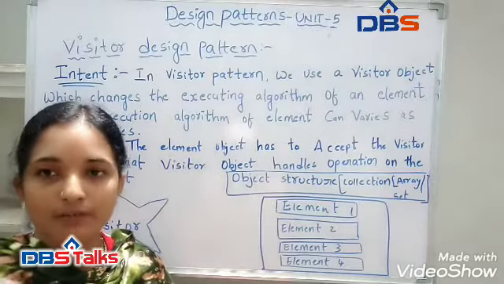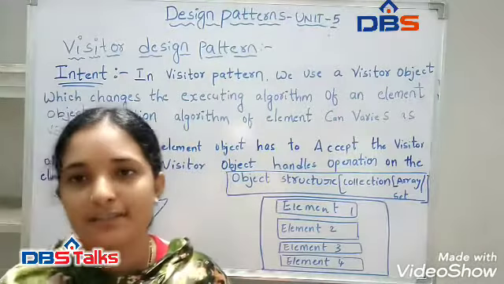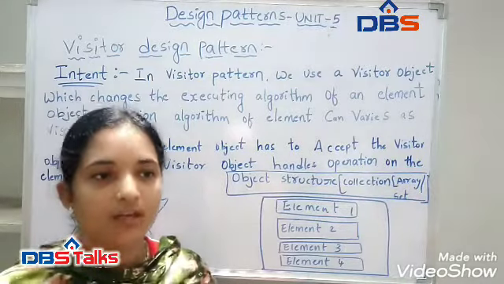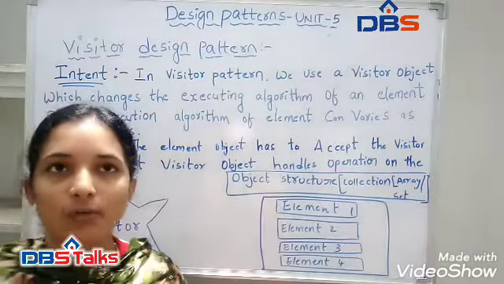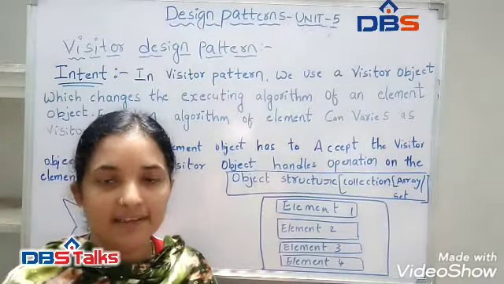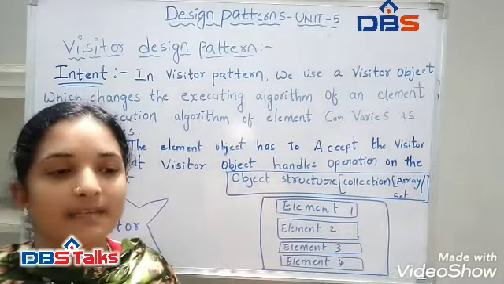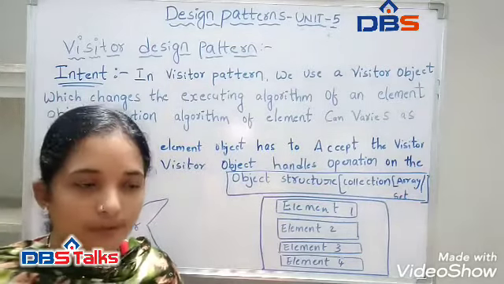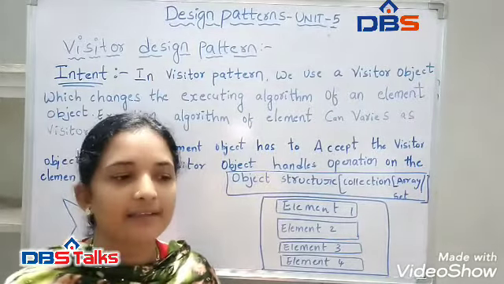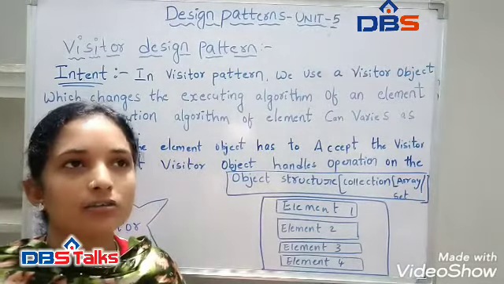The next classification is motivation. In this motivation I have a small diagram. Before explaining the diagram, we have to know what motivation means. Consider a compiler that represents a program as an abstract syntax tree. It needs to perform operations on the abstract syntax tree, like static semantic analysis, such as checking that all the variables are defined. It will also generate code.